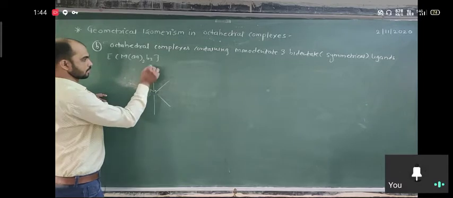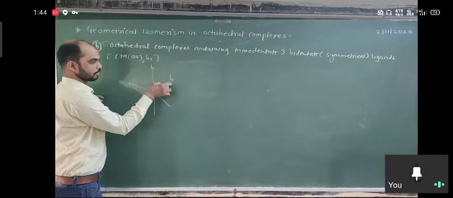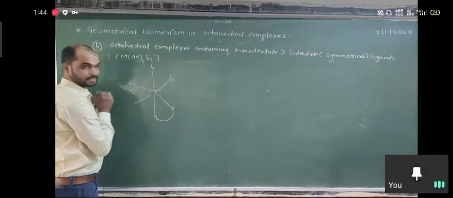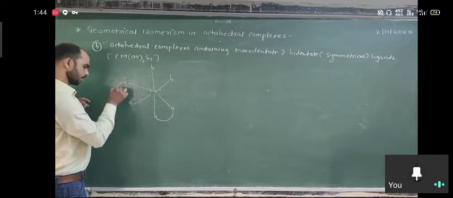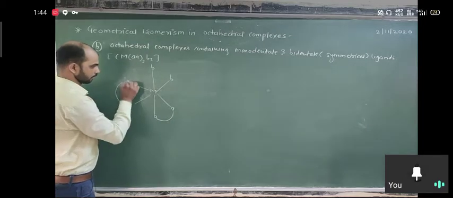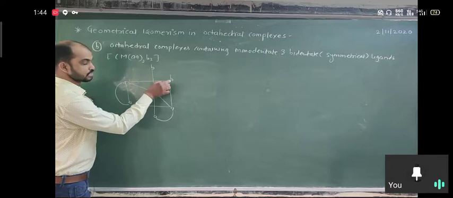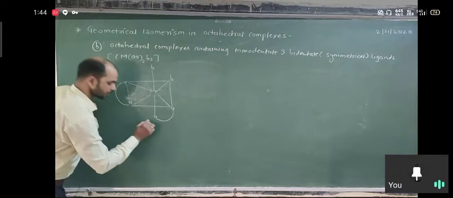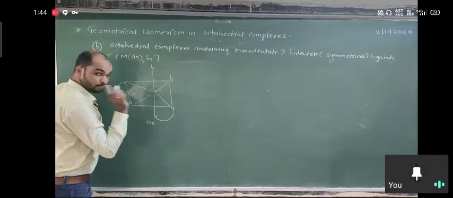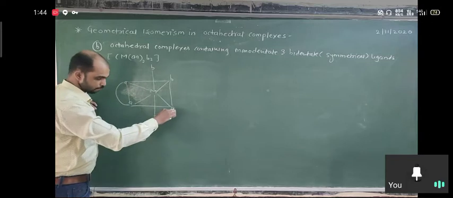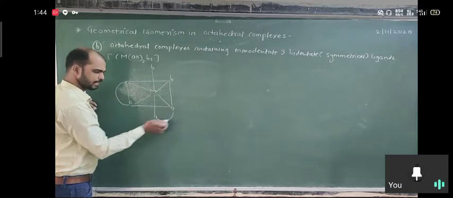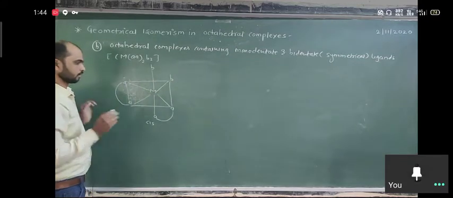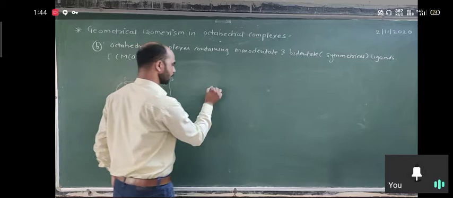So for cis, both the similar groups are next to each other. Here is the AA, they link together because it is a bidentate. Another again AA, it is another bidentate. So here these two positions are cis to each other, these two positions are cis to each other, and these two positions are cis to each other, which means it is a cis isomer. And very important, AA is not a monodentate, it is a bidentate. So this link is very important. You can link here in short form this way, or you can directly draw the structure. Both are same.